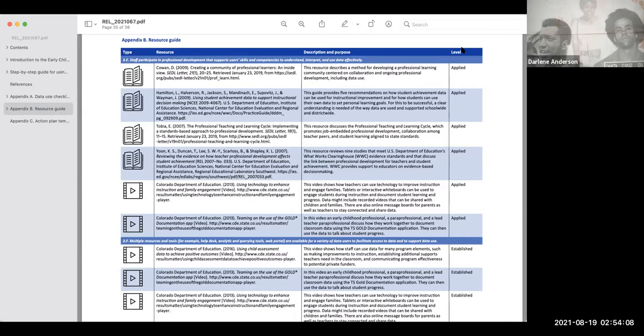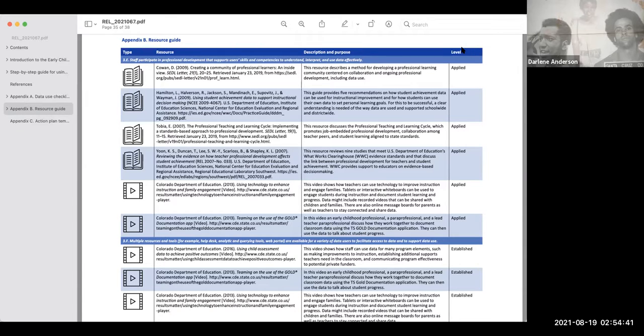W.-Y., Scarloss, B., and Shapley, K. L. 2007. Reviewing the evidence on how teacher professional development affects student achievement, REL 2007 No. 033. U.S. Department of Education, Institute of Education Sciences, National Center for Education Evaluation and Regional Assistance, Regional Educational Laboratory Southwest,